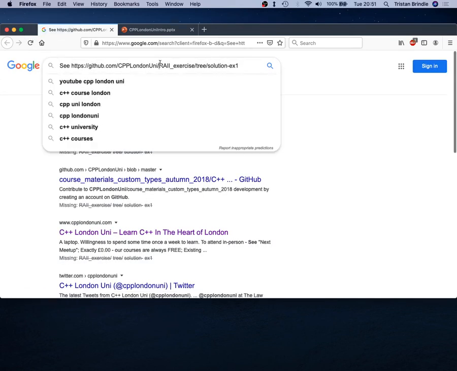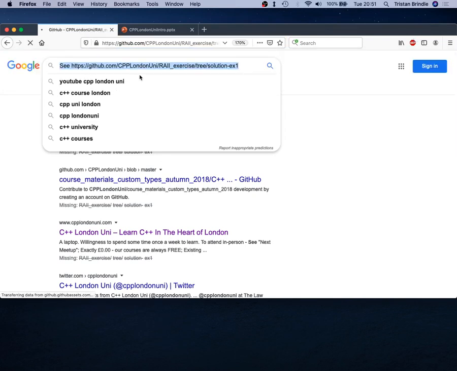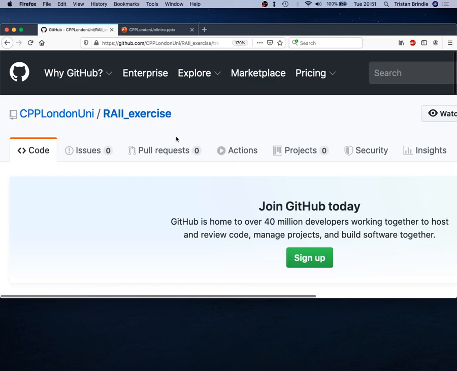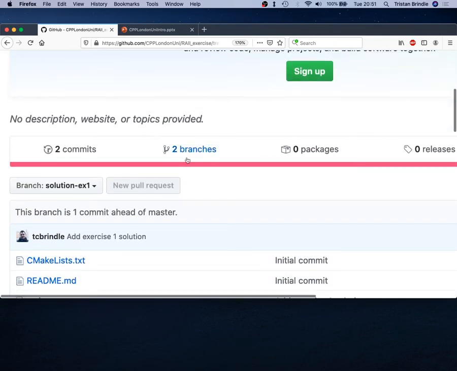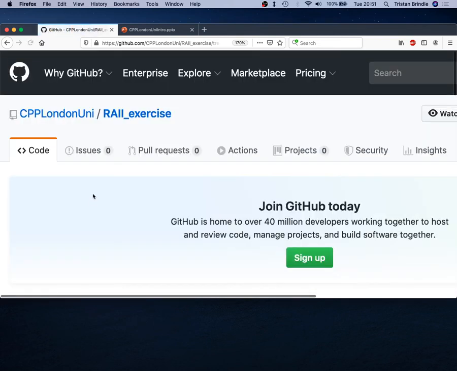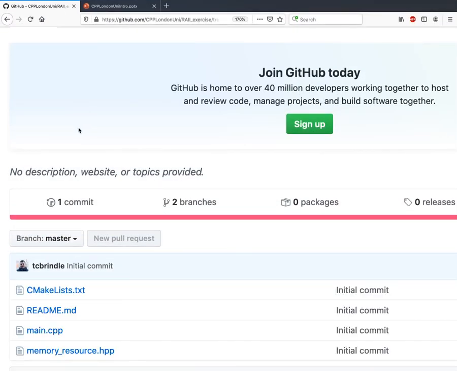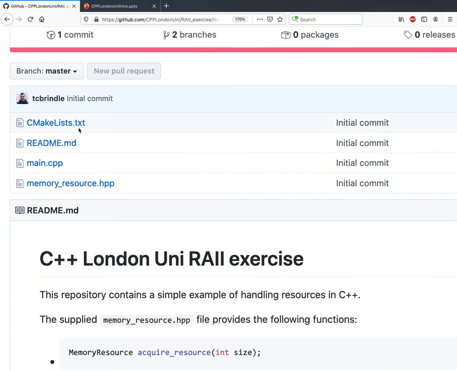Why is that? Okay, this is rather huge, isn't it?